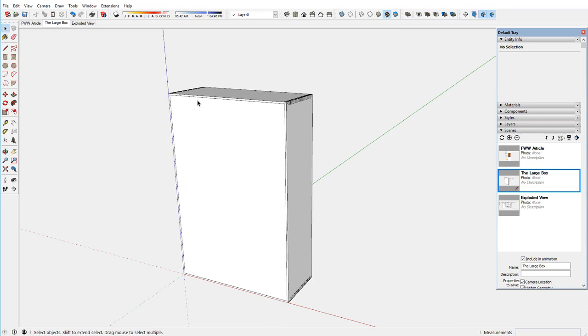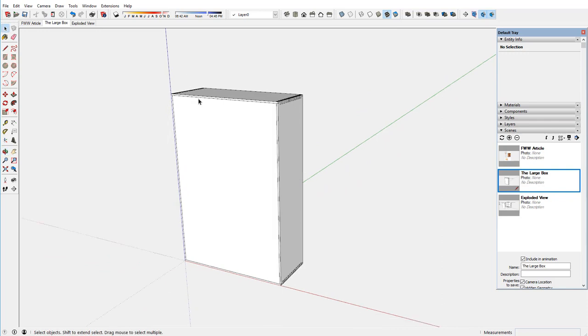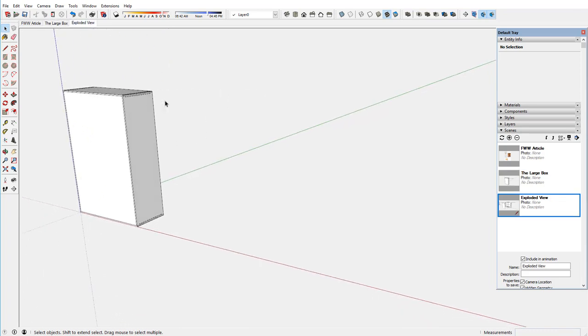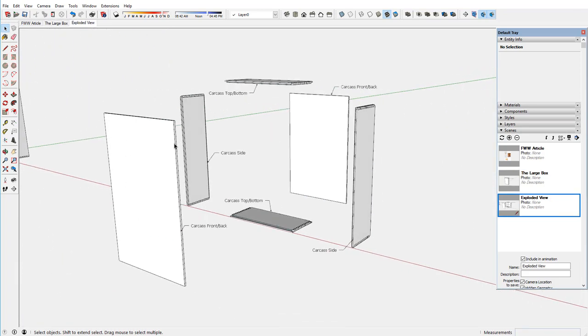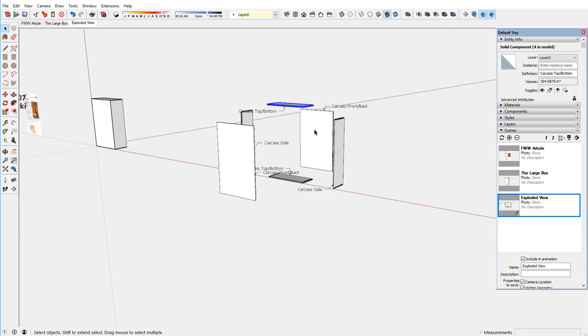Now, Jan recommends building the whole box in one go at the beginning that only has the front and the back and the sides and the top and bottom components. So there are only 3 unique components to make that big box. The big box now needs to be cut and